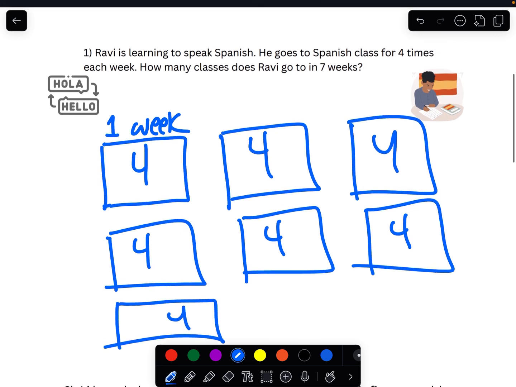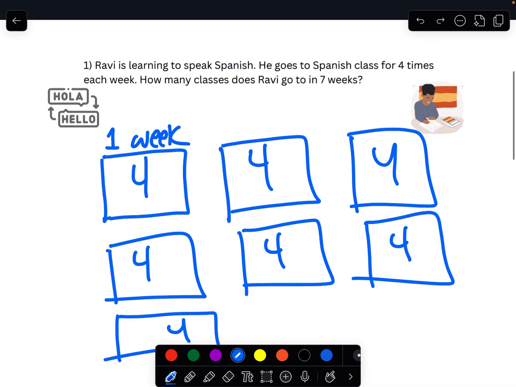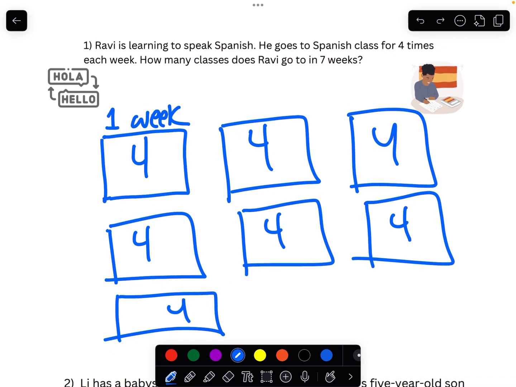My boxes aren't so clear, but that's okay. And 7 weeks. Each box represents 1 week, and the 4 inside each box represents the number of classes Ravi goes to. And so now, as I'm looking at this, I can see that really the problem is 4 times 7. I have 4